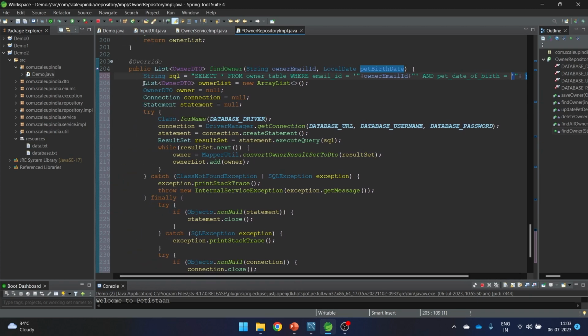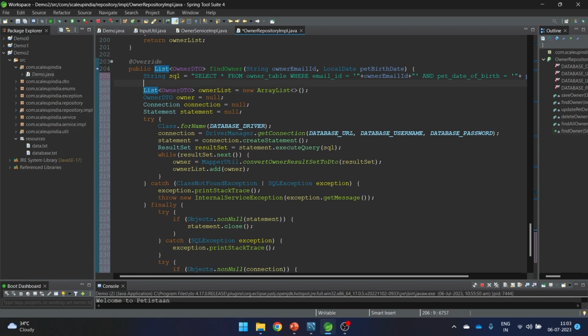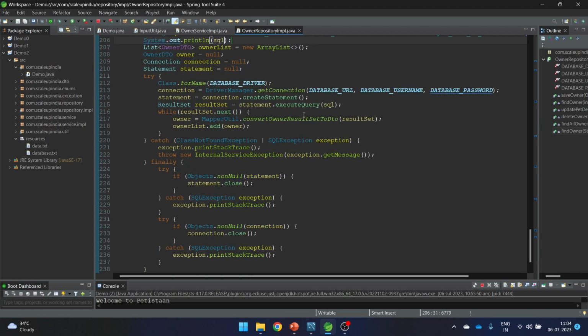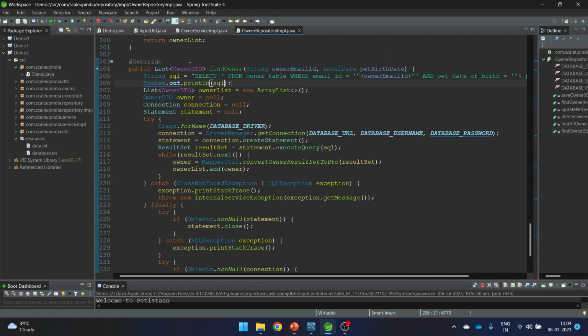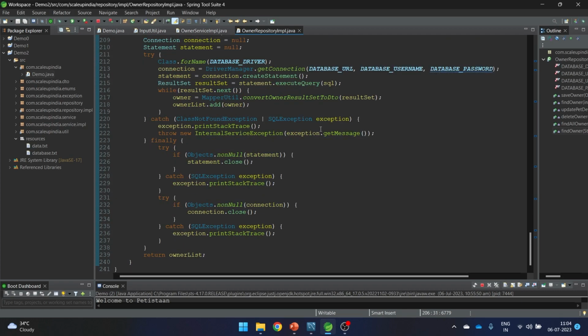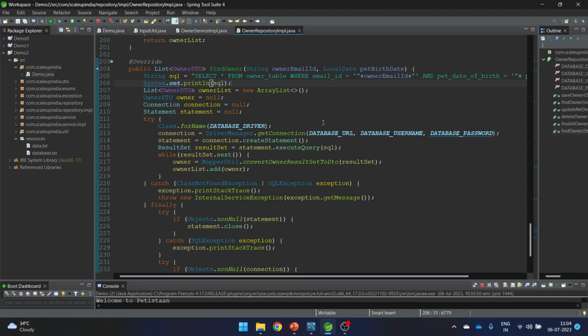And what I also wish is that I wish to print this SQL statement so that we can see what is going on. So let's say sysout something like this and say SQL. So this is how our code is going to look like. Rest of the things are same. So we are just returning the list, and hence everything I can use as it is. And we are very confident that either the list is going to contain one element or zero element in case the combination doesn't exist. Now let's execute the whole code again.